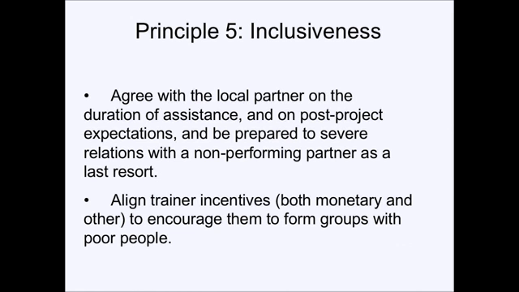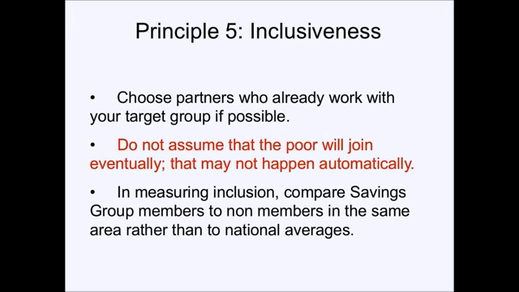Align trainer incentives, both monetary and other ones, to encourage them to form groups with your target population. Choose partners who already work with your target group. Don't just assume that the poor will join eventually. That may not happen automatically. And then in measuring inclusion, compare savings group members to non-members in the same area rather than to national averages. If you work in a rural area,